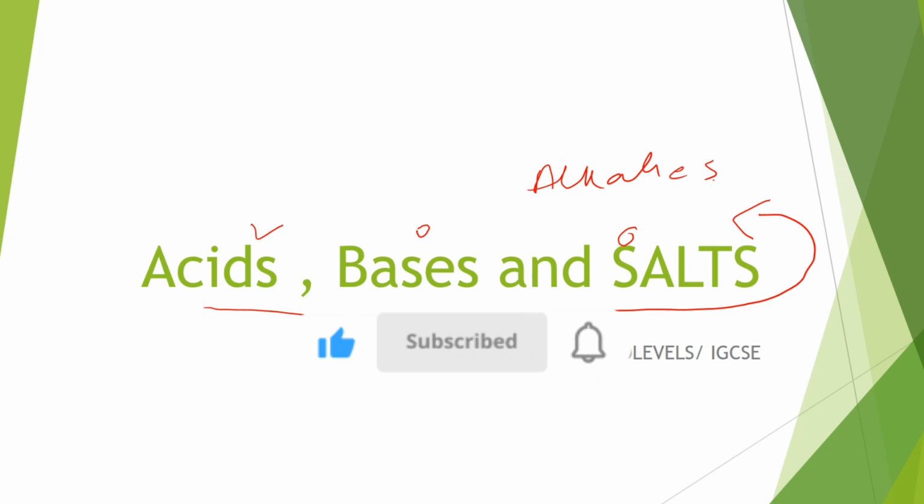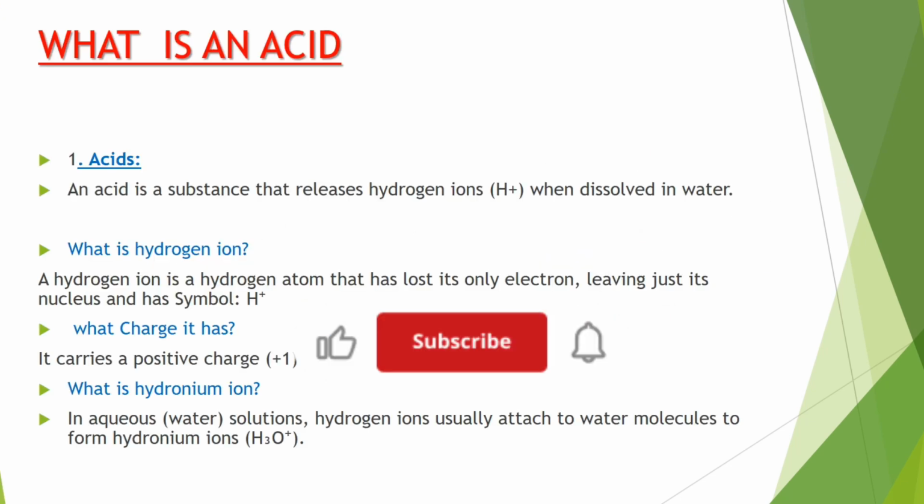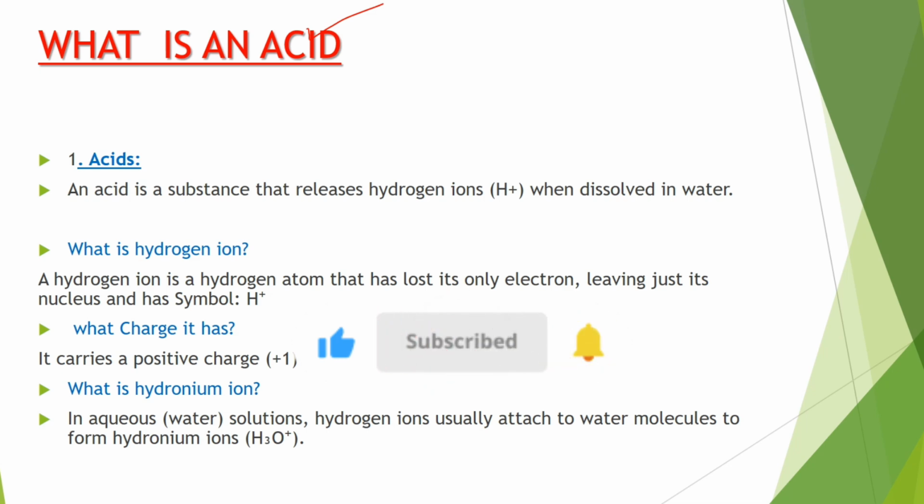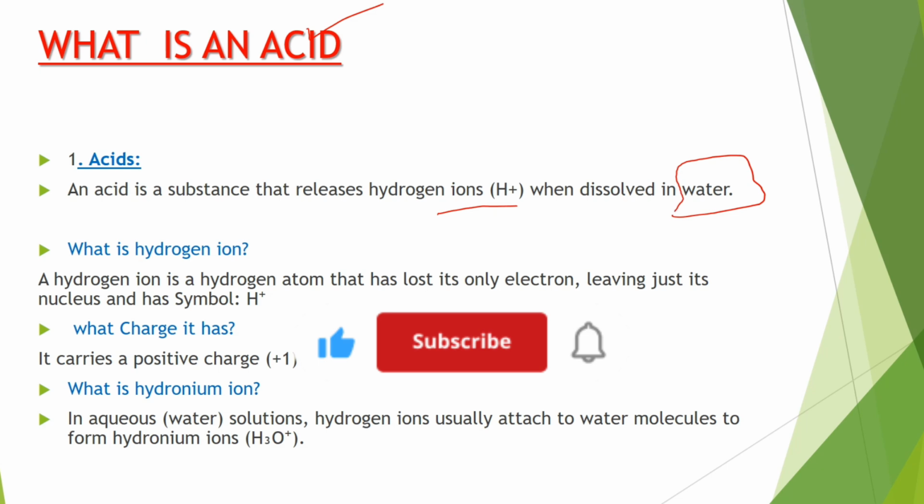We will start our topic with the chemistry subject, and first of all the topic is: what is an acid? An acid is a substance that releases hydrogen ions when it is dissolved in water. Why have we selected water in its definition? Why not another substance? Because water is a